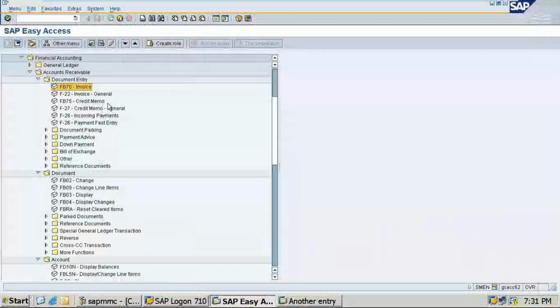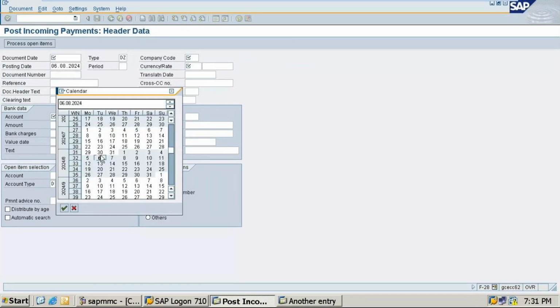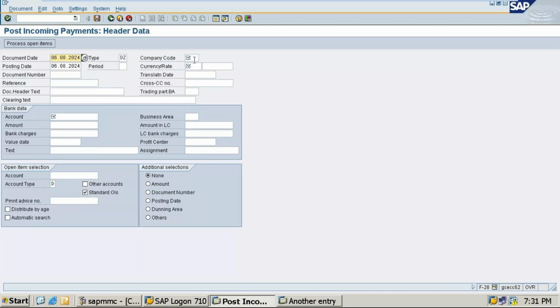So payment entry for this is F-28, called incoming payment. Try it now. Give the document date, today's date. Here you give the company code, and for currency you need to type INR. Here it is mandatory to fill.